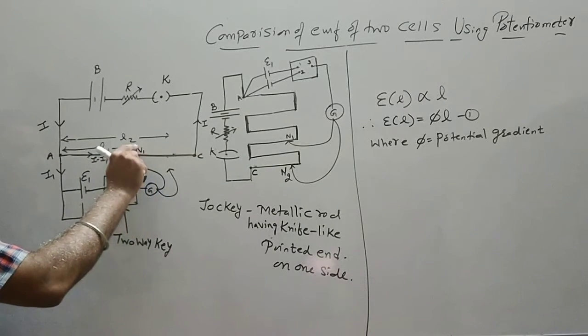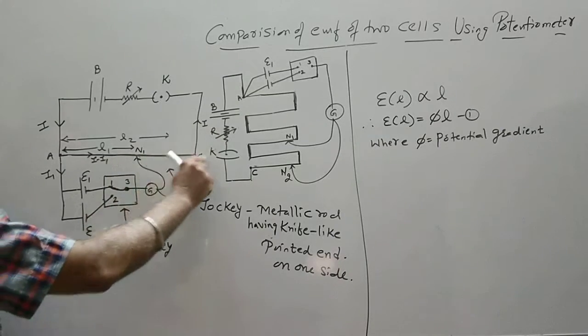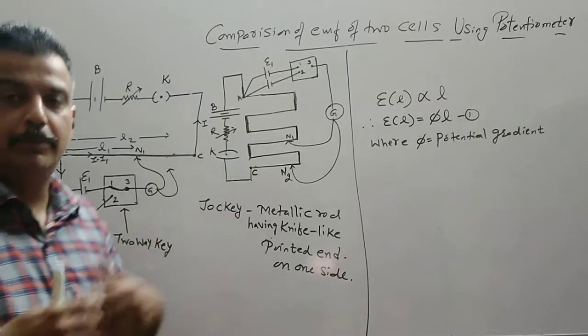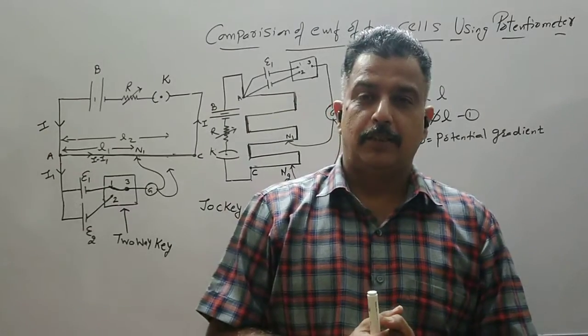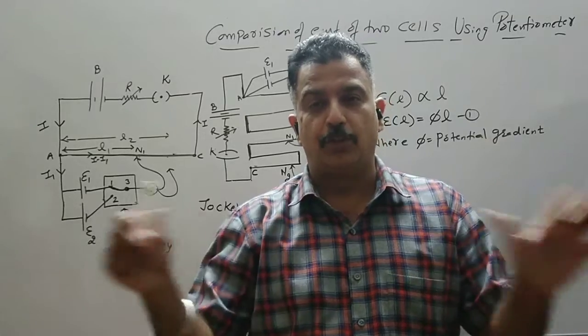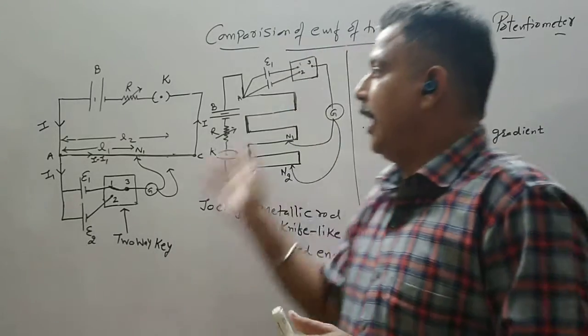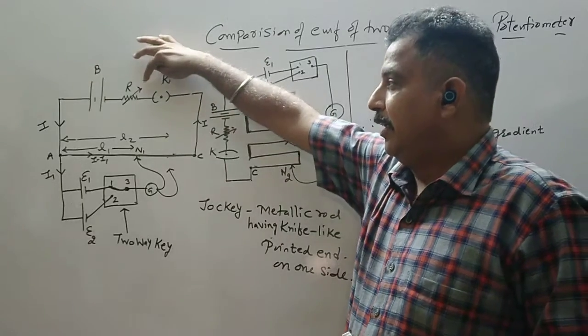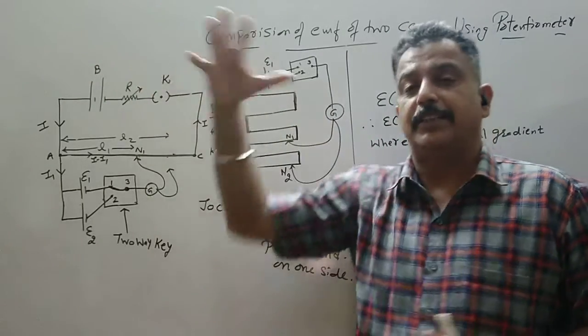They meet at the junction N1 and then the current flowing is I. Now this is the situation when the galvanometer shows a deflection. We need to find out a point on a potentiometer wire. With the help of this variable resistance, we keep on varying this resistance with the help of a resistance box.